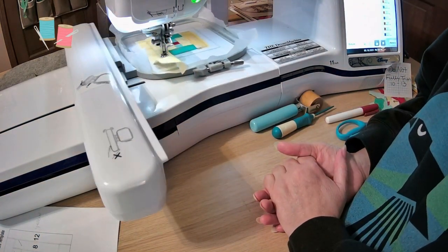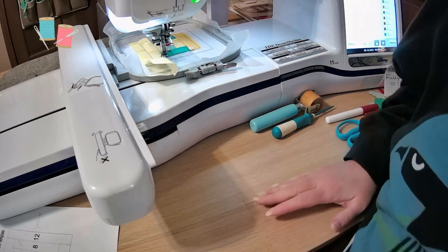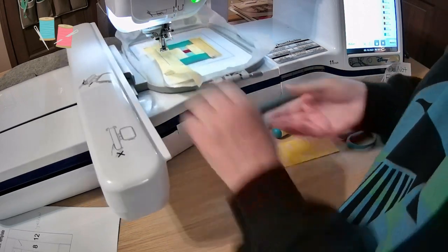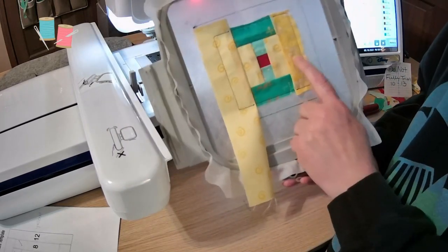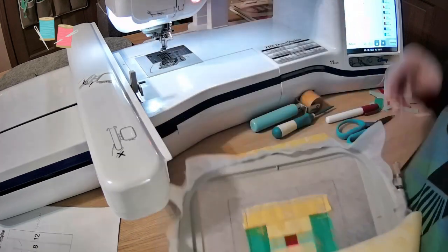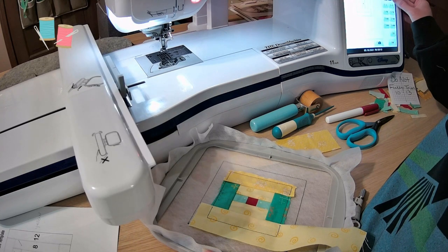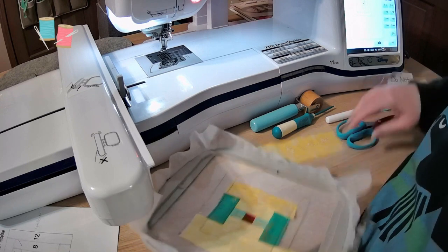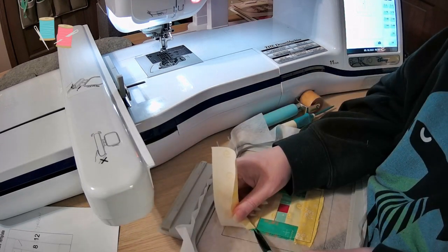Oh, and I just messed up this one. See? And we're going to redo it. You guys see what I did? I should have used this fabric. Instead, I used that fabric, my light one, but that's okay. So I'm just going to come over to my machine, and I know I want to be on step 18 and 19. So I just put it back 2 steps,